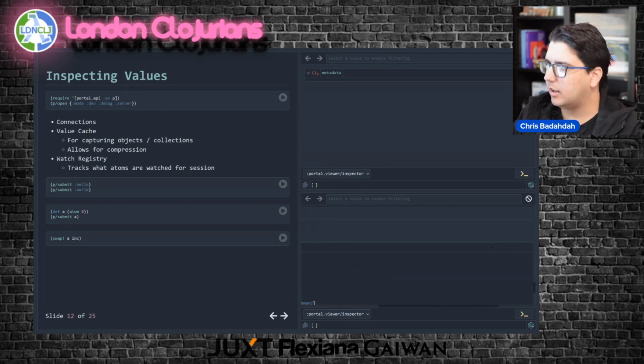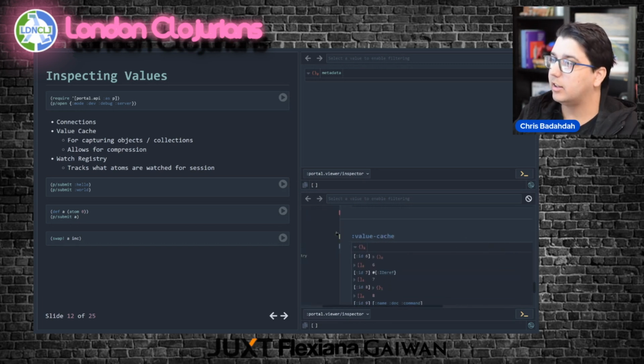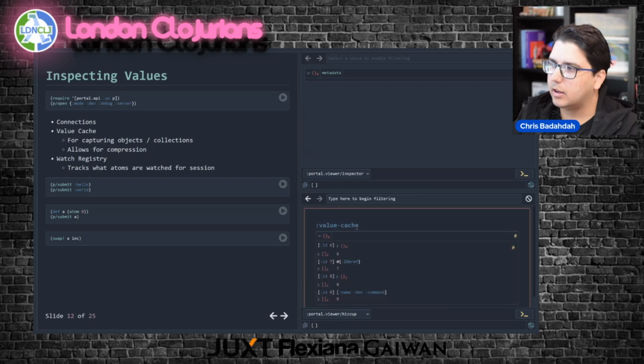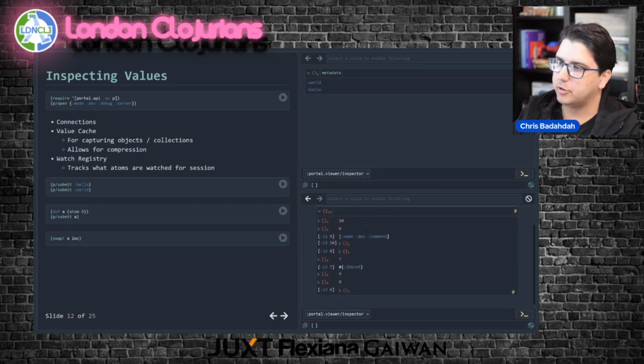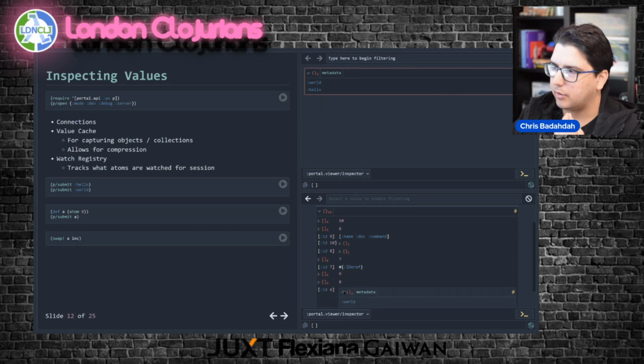And by the way, a lot of these are atoms themselves, right? So we're seeing not only the state, but the live state for that instance. So for example, if we focus in on this value cache, what we'll see here is when we submit these two values to Portal directly, you'll see that it captures those values in this list right here.